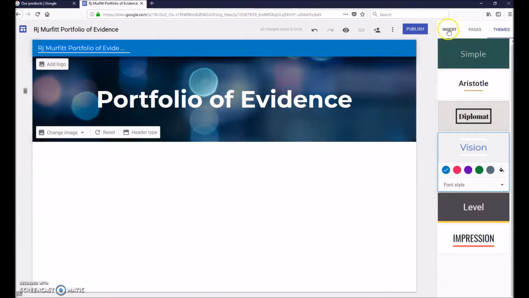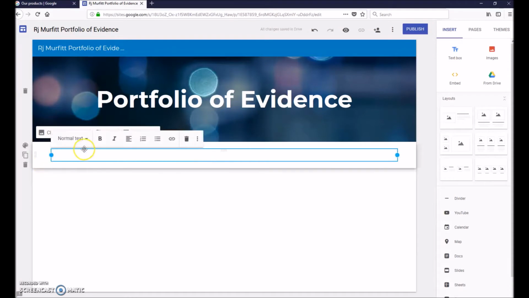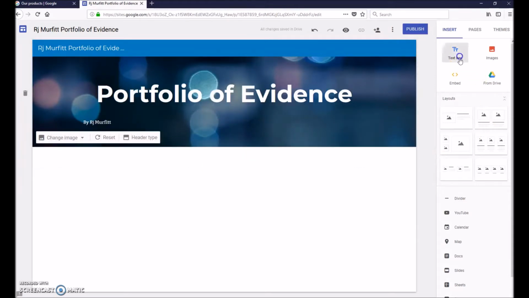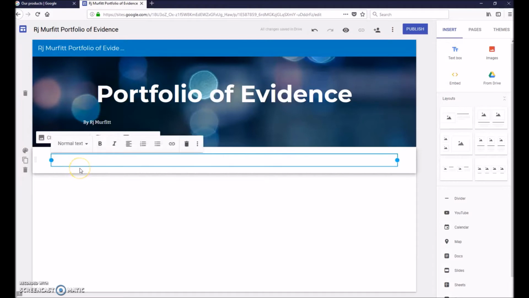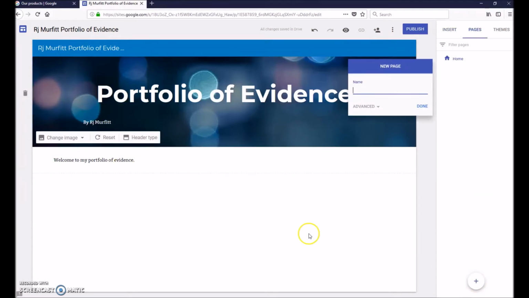we can now add some text. We can drag this up into the banner, add more text, and write a little paragraph about what this site is all about. To add a new page, simply click on Pages, add the plus, name your page,